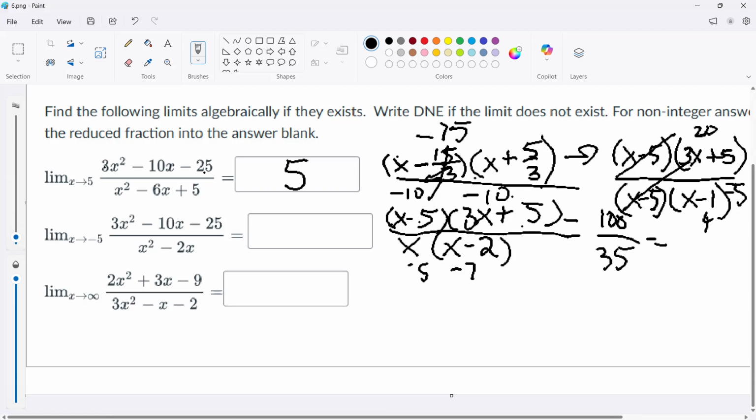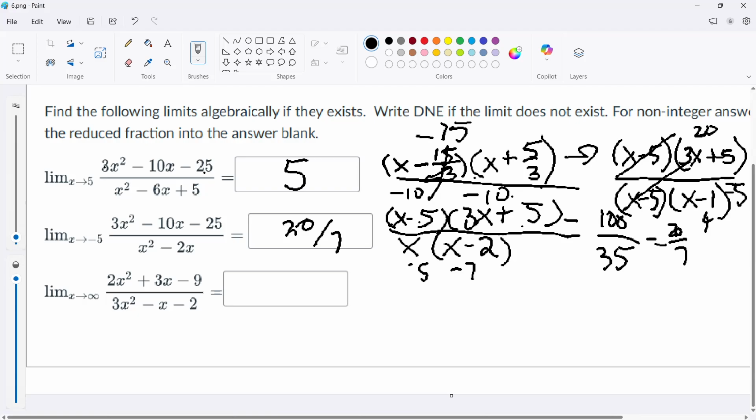So see, I could have just plugged it in. This made it easier anyway. And what goes in those? 5 times 20 is 100. 5 times 7 is 35. So 20 over 7. And then the last one, let's see, as it goes to infinity,